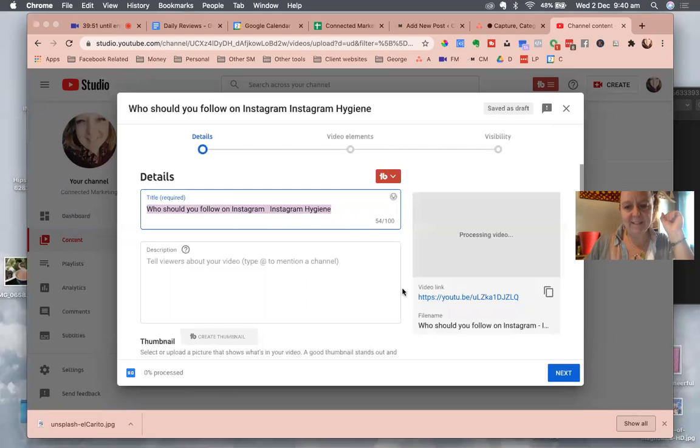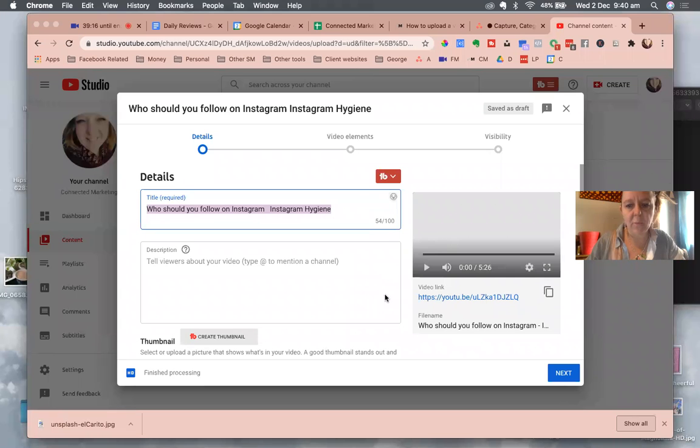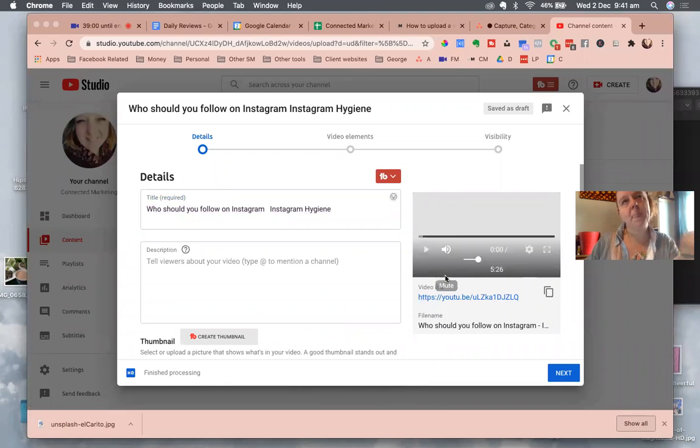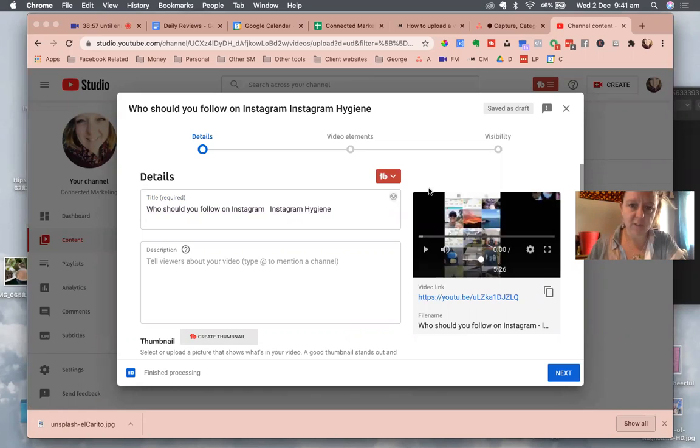The first thing it does is it gives you a link. So you can copy this. Straight away, once you've even just started uploading, you could click this little bit here and that will copy the video link, or you can click and drag over that and then copy it using the right click or however you happen to do that. You can copy that. And then you can share that straight away, whether you've done any work on it or not,